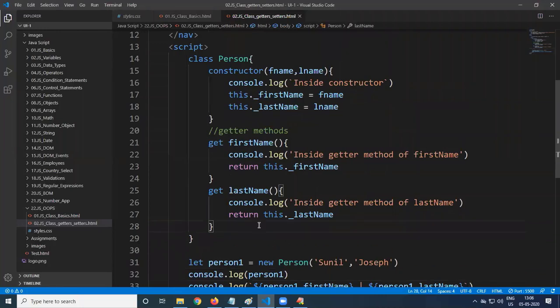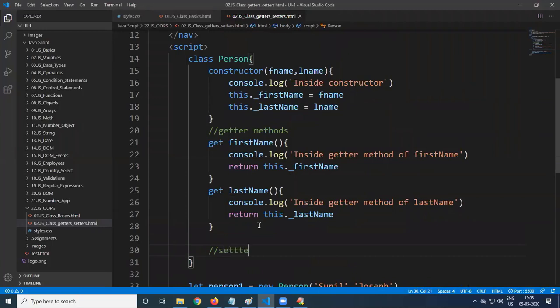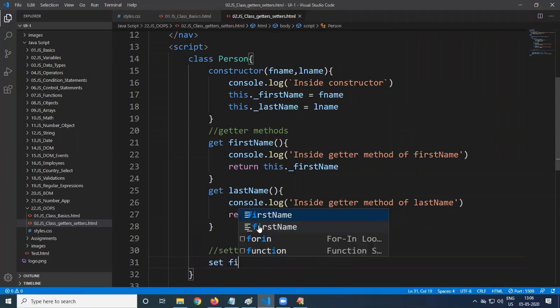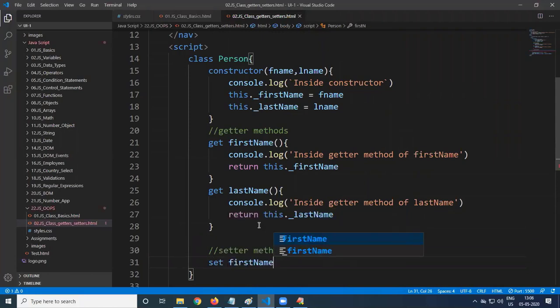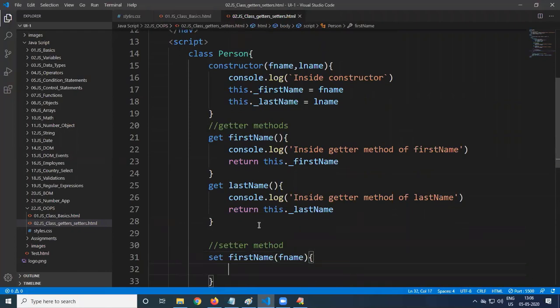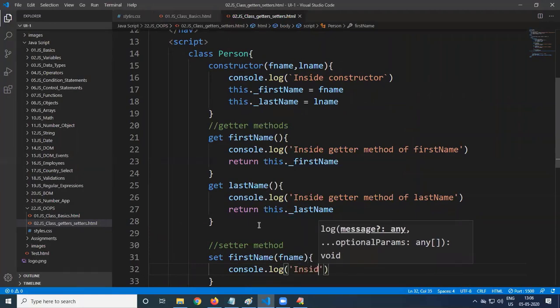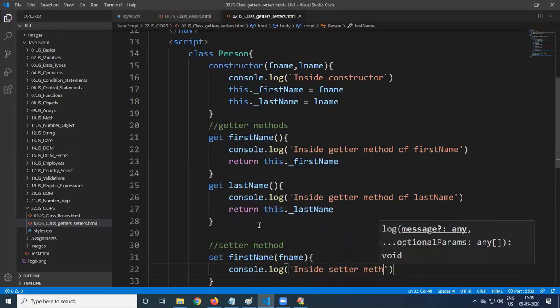Now the same way we have setter methods to change the value. So set first name, f name, console.log inside setter method for first name.